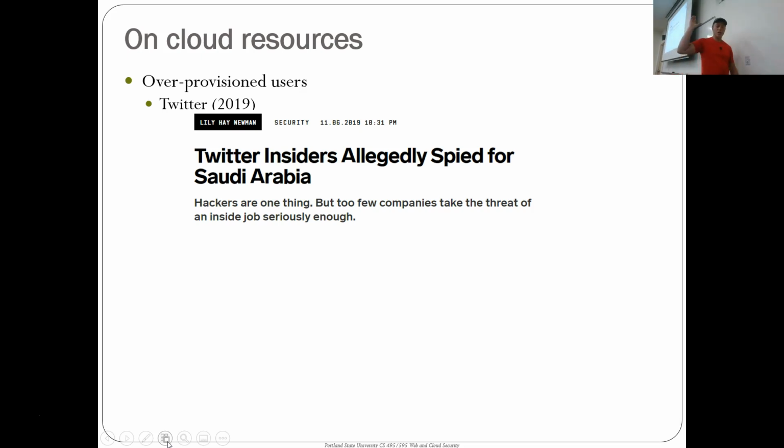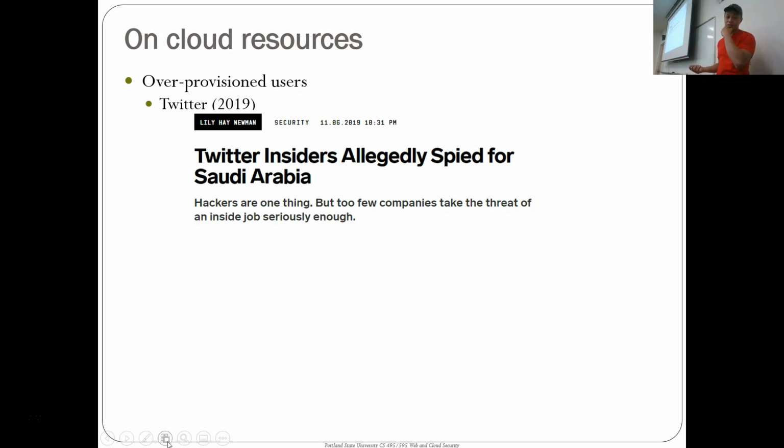So in this case, this happened in November of last year. You have the problem where you have over-provisioned users. So in this case, the employee of Twitter had too many permissions associated with that user. So when you have a malicious insider, you have to make sure that that insider has restricted permissions so that they can't do a lot of damage. And this happens to any organization, especially if you have to let go of someone in a company. You have to make sure that their permissions are not such that they're able to implant a bunch of backdoors and then get into that thing and wreck your business afterwards in retribution.